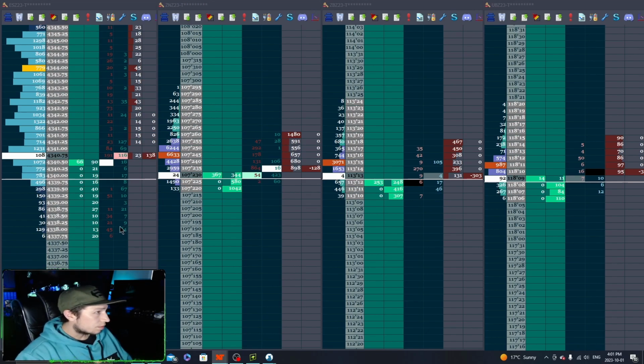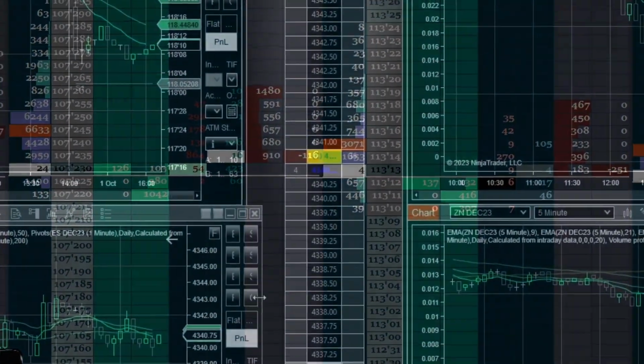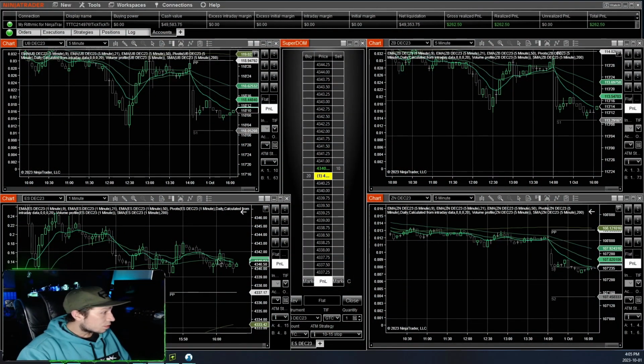Okay, now I'm actually done. I'm done. That was it. That's my last trade, and I'm going to call it a day. Well, as you can see, price is kind of just frozen here. We got squeezed into this little range, and it's just chopping around. I don't really know how to trade this, and I don't really know which direction it's going to break out in. So I'm just going to call it a day.